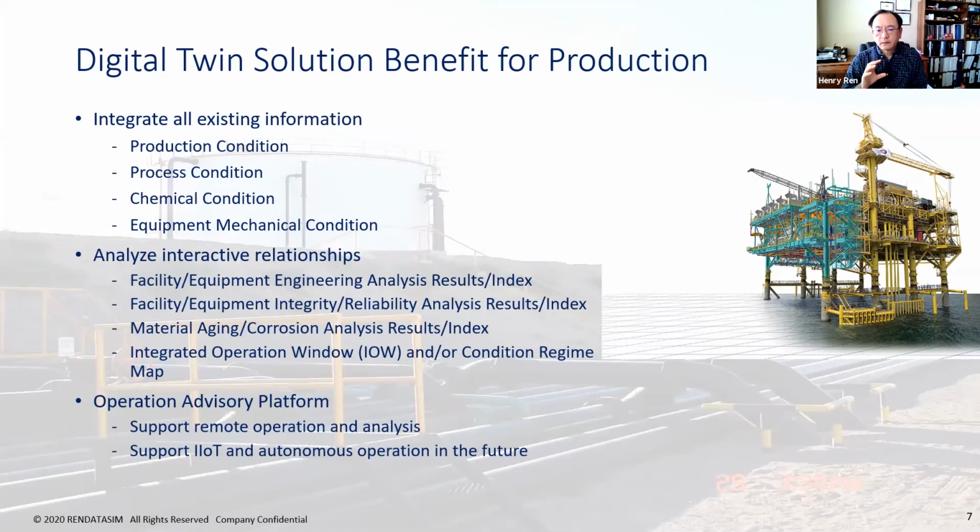Really, the digital twin solution can benefit a lot of things, particularly it can integrate all the existing information together: production information, process conditions, chemical information, and the equipment and machine learning conditions. Because all those conditions belong to each functional silo. That's what it is right now. And based on the job descriptions,